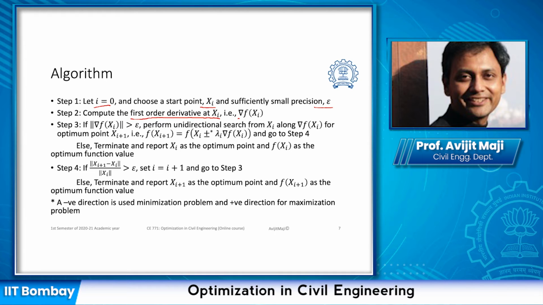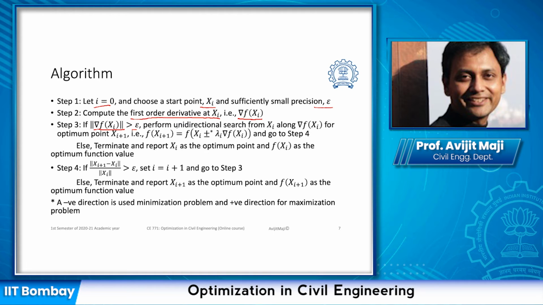Once we find the gradient, it is going to be a vector because we have more than one variable. So once we look at the scalar quantity, the magnitude, of that direction vector, the first order derivative vector, and if it is greater than the precision which we have set,